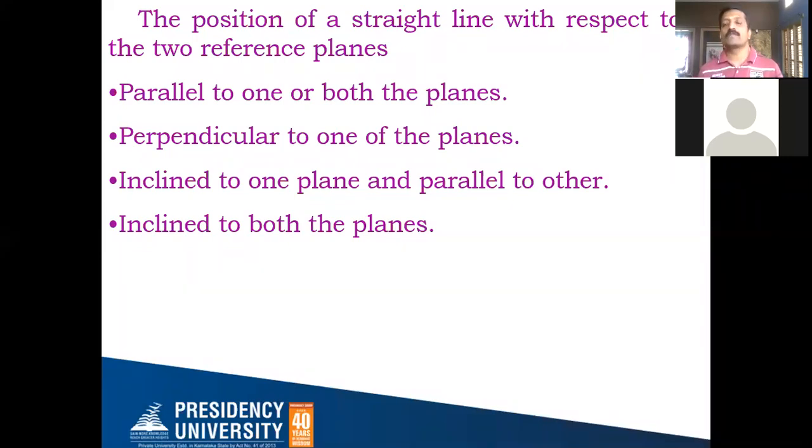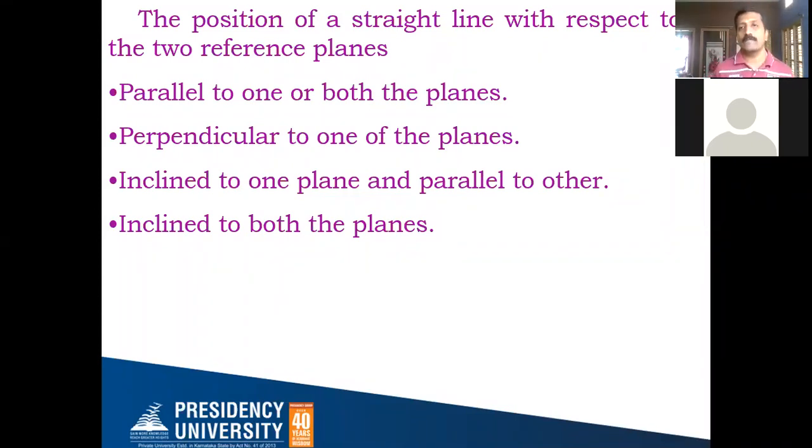The apparent length also we have discussed. The apparent length is always less than the true length. You will get the apparent length when a line is inclined to any one of the planes, in the corresponding view. For example, if the line is inclined to HP, the top view will give the apparent length. Whenever a line is inclined to VP, the front view will give the apparent length. And we discussed the true inclination as well as the apparent inclination.